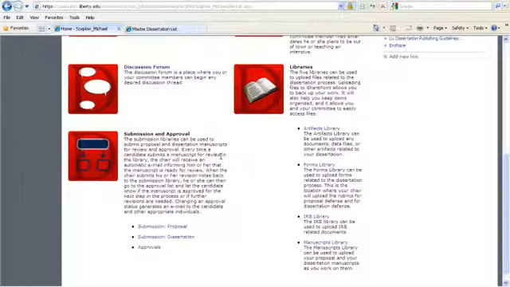In the submission and approval libraries, or more in the submission libraries, you can actually submit your proposal. As you see, there's one for proposal and one for dissertation manuscripts for review. When you're ready for your chair to review a manuscript, you can put it into this library, and then it'll automatically send your chair an email that you've put it in there for them. Your chair will then use the approval,